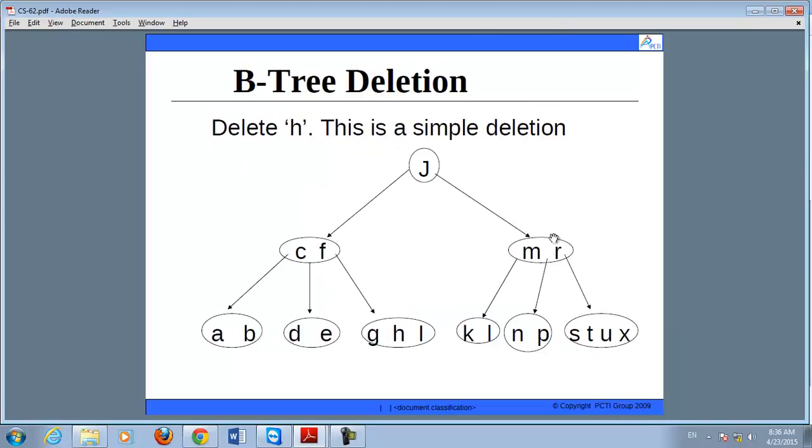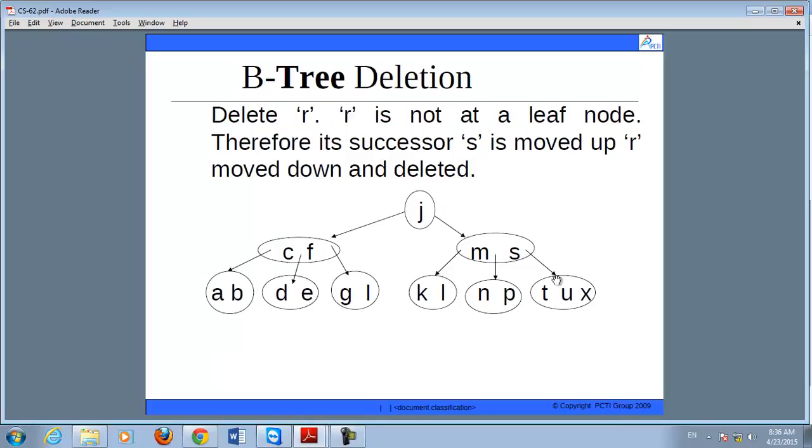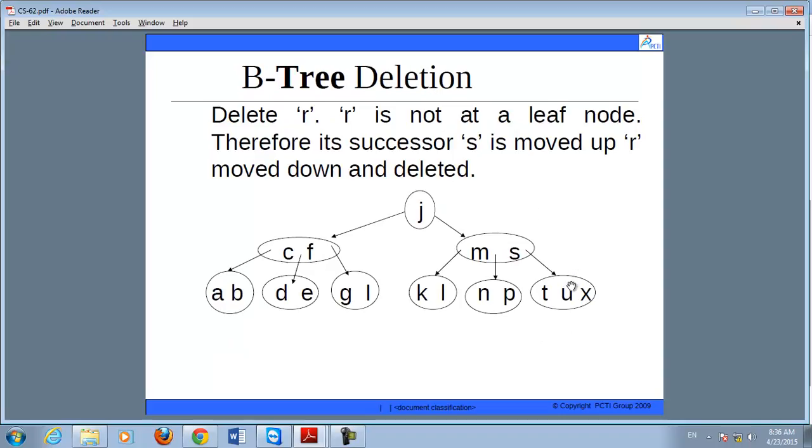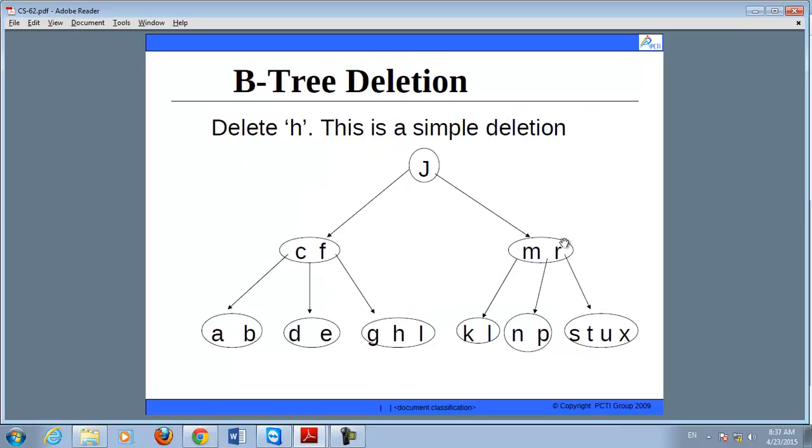Here R is present, but R is not at the leaf node. Therefore its successor, that is S, will be replaced with the R. This is the B tree deletion.